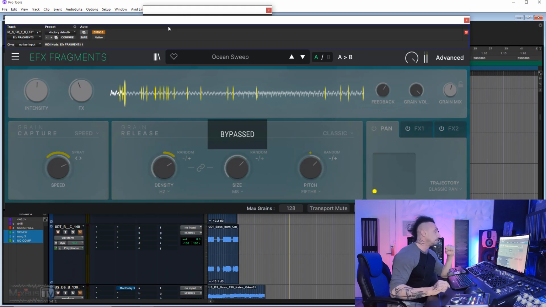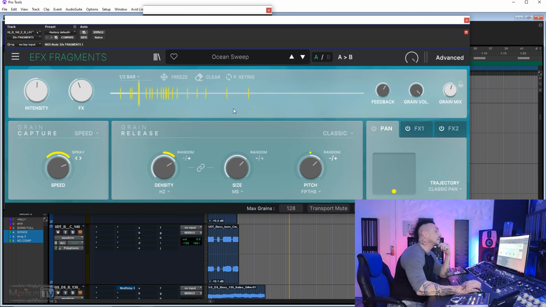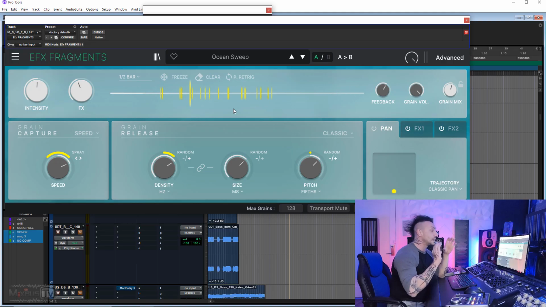We start right away with a plugin that is more than just a delay. It's FX Fragment by Arturia. This is one of the few granular delays. It sounds great and it has the perfect amount of options without being too tweaky. The reason I selected this one is that you can create really cool and unique textures from extremely simple sounds. So if I take this basic bass line,